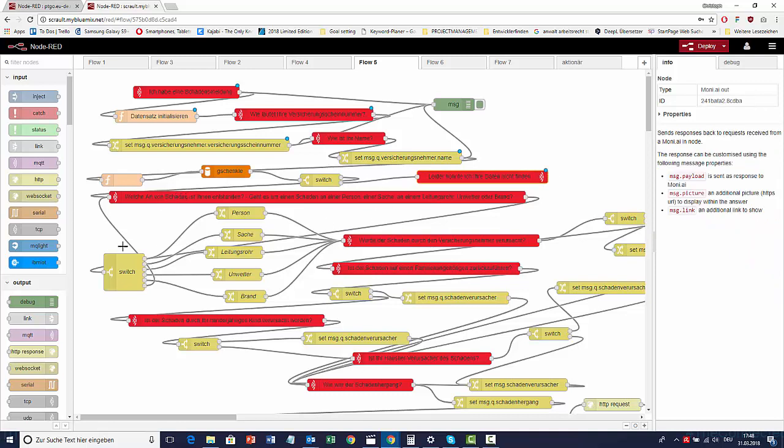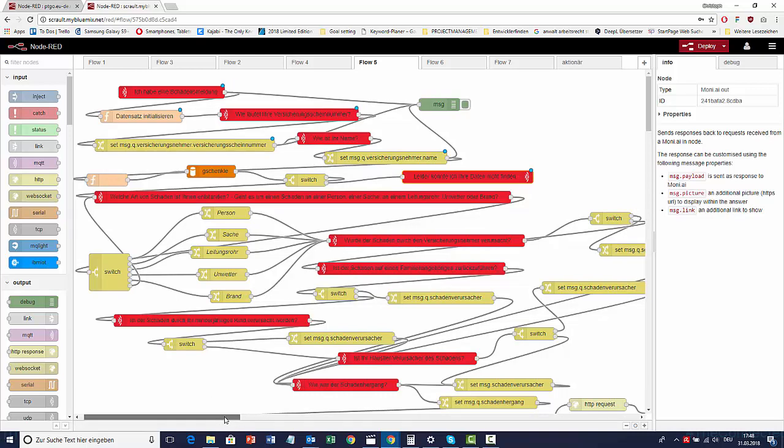It depends on what the person is then saying within the workflow, for example, person, thing, some pipe, or bad weather or fire. And this all gets recorded to the connected database, because Moni is always taking what the customer is saying and adds it to the payload, which gets added to the database after the workflow.